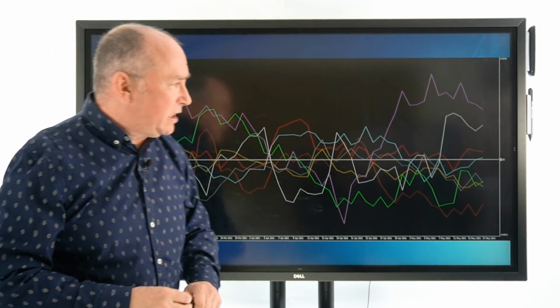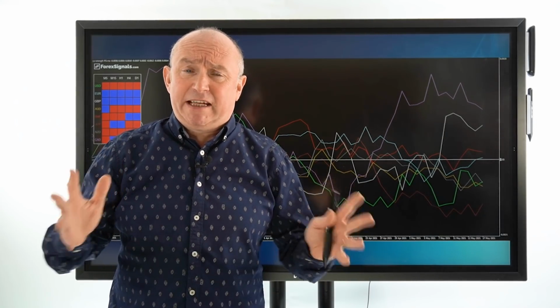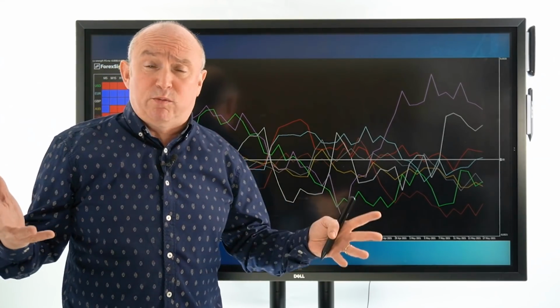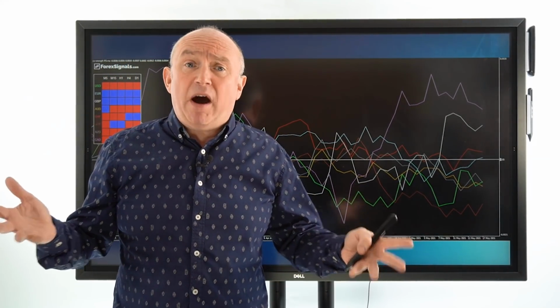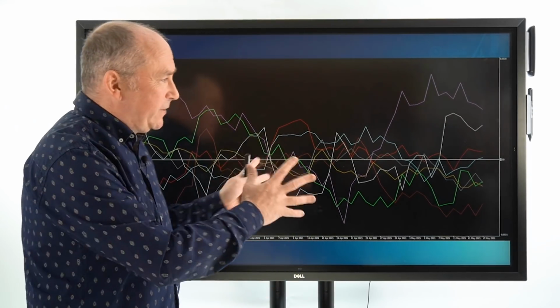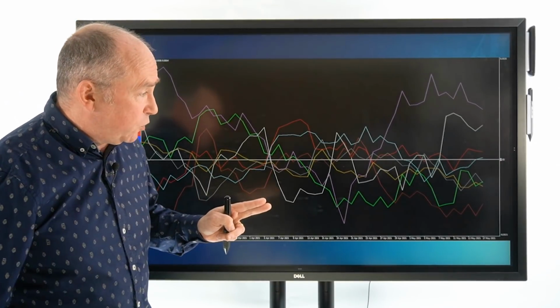This is my momentum meter. I think it's essential, as I always say, that you should be using something like this when you're trading the Forex markets. It basically tells you what's strong and what's weak. And trend followers, we want to buy strong currencies and we want to sell weak currencies. So this tells a big picture. So you can see here, this is the daily chart. You can change the time frame on it, of course, if you wish.